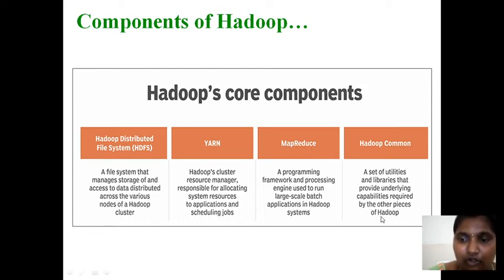Next is Hadoop Common. Whenever there are compatibility problems in terms of large data storage, in terms of clusters, in terms of clouds, we should get rid of these compatibility problems by providing a lot of libraries for our service. So one is the storage, one is the resource manager, one is the program executor, and one more is the libraries and the utilities. Now as a part of the syllabus, we will introduce them one by one.